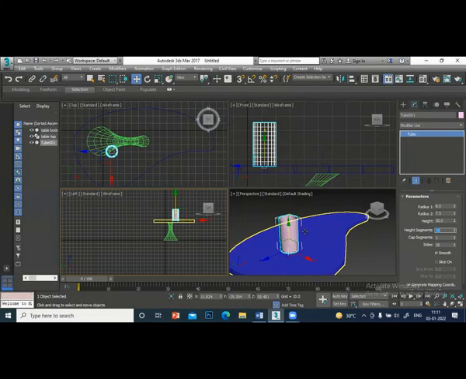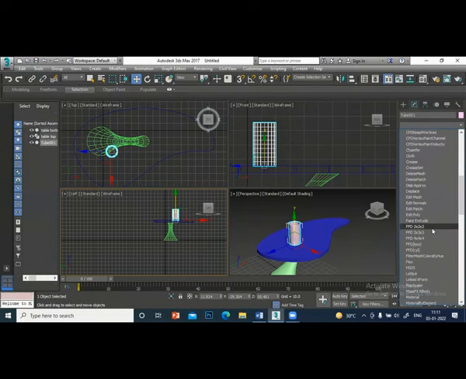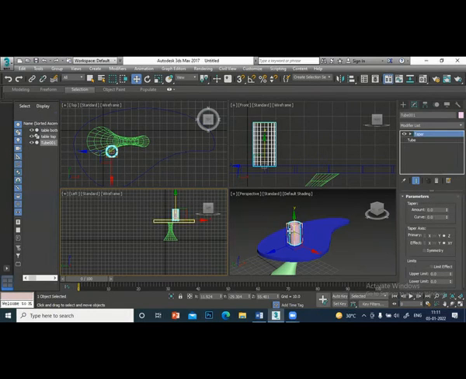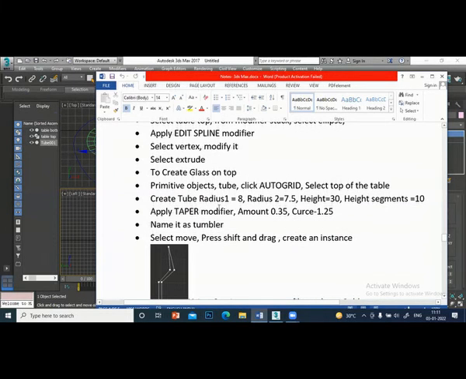I want to apply a taper for this. We'll write down the steps later. Don't worry. Taper. Apply. So from the tube, I'm going to make a glass tumbler. So what is the value you have to give? Taper. Amount 0.35. Plus means it bulges outside. Curve minus 1.25. That is inside. Curve inside. So 0.35, 1.25.